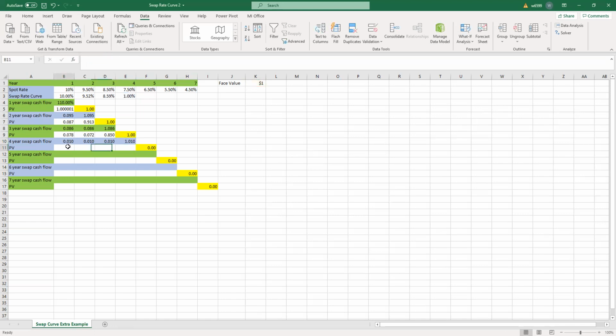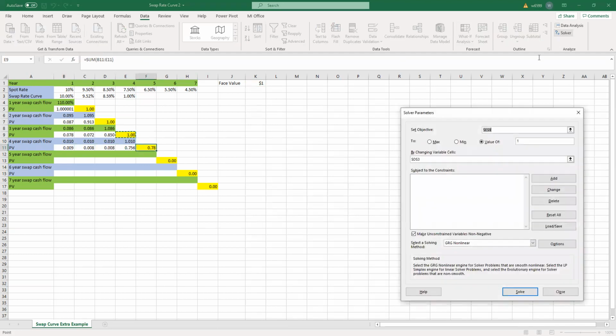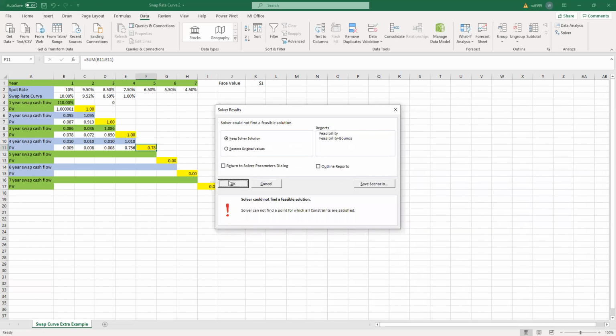And then find out the present value. And sum it up and make the price, or the sum of all the discounted cash flows, equal to 1 by changing D4. And we keep,